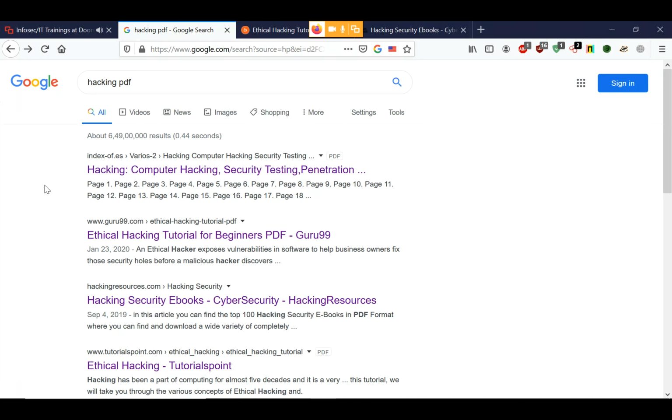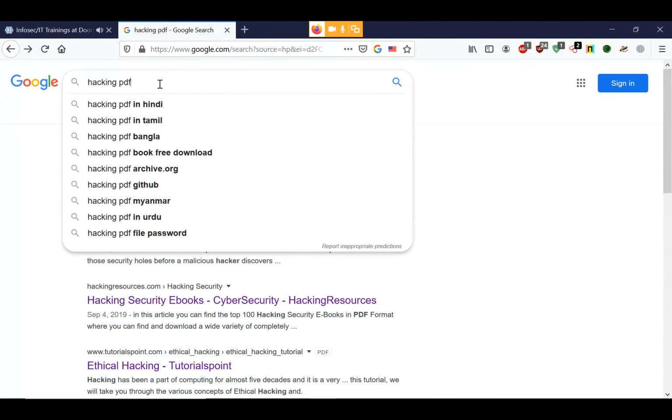So we use Google operators to search specifically for whatever we are trying to search. By using Google operators, we search for only that thing. We don't want any junk or garbage information which we don't need. So if I search this, we got 64 million results, and only one or two are PDFs, others are websites. So if I use a Google operator which is called